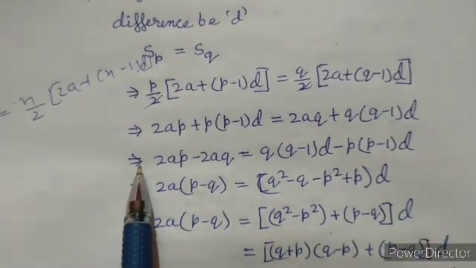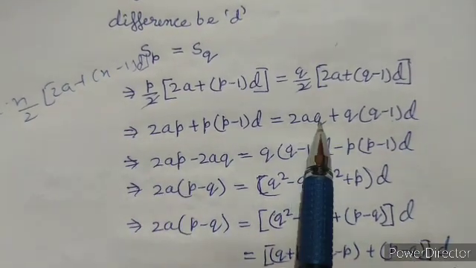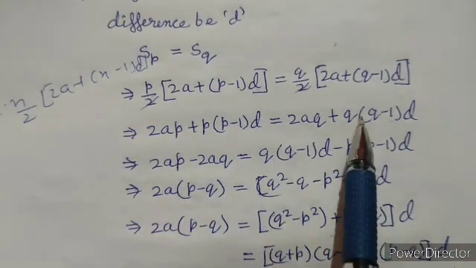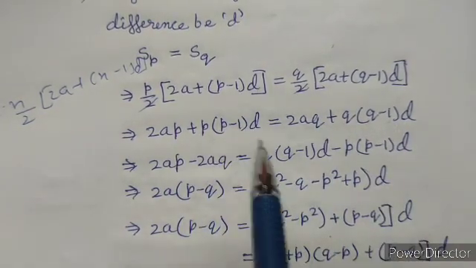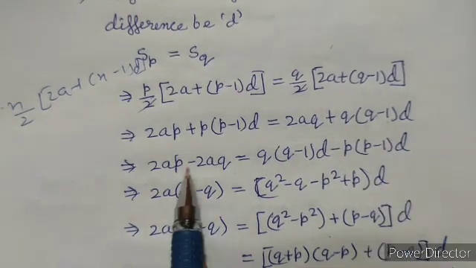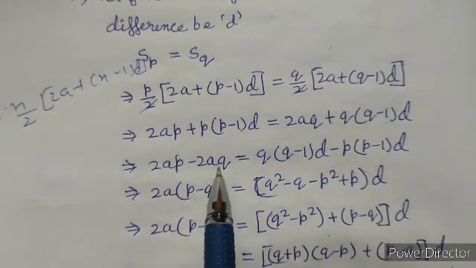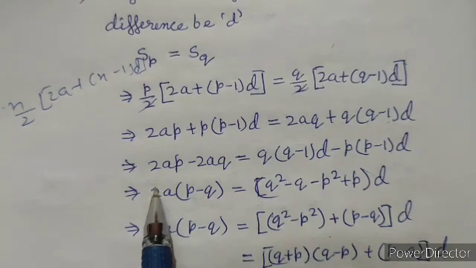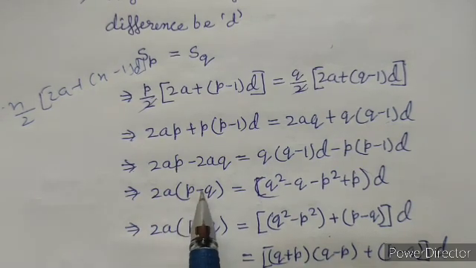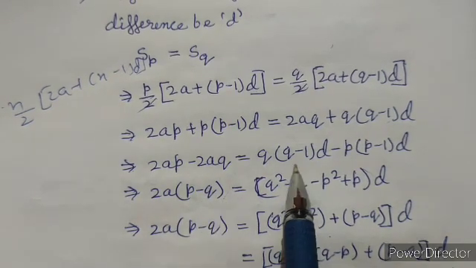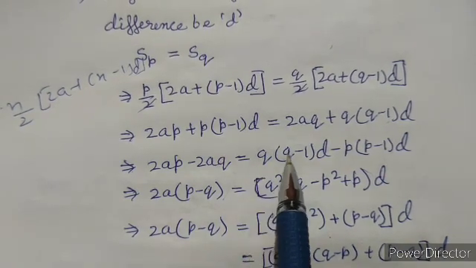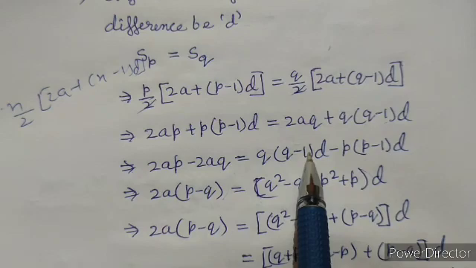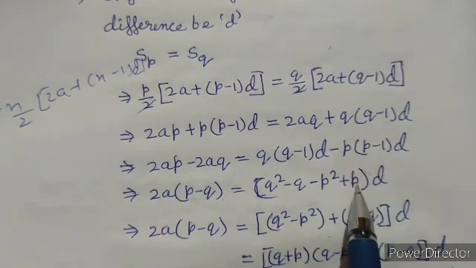Now this will give us 2ap minus 2aq equal to q into (q minus 1)d minus p into (p minus 1)d. Now taking 2a as common from the left hand side, the left hand side will be 2a into (p minus q), and the right hand side can be written as (q square minus q minus p square plus p)